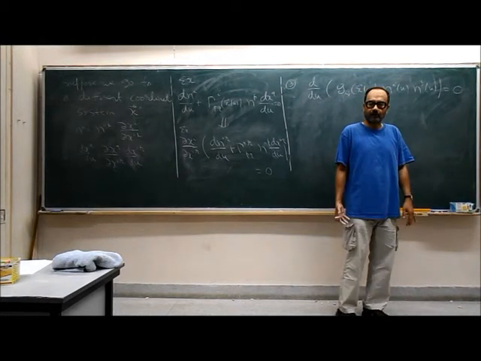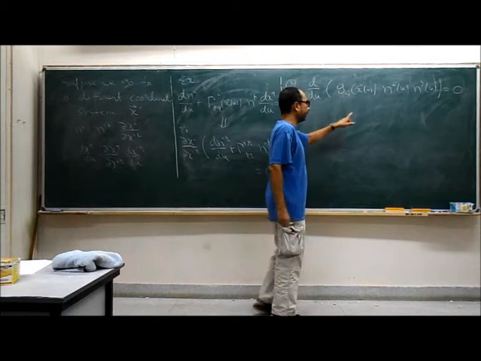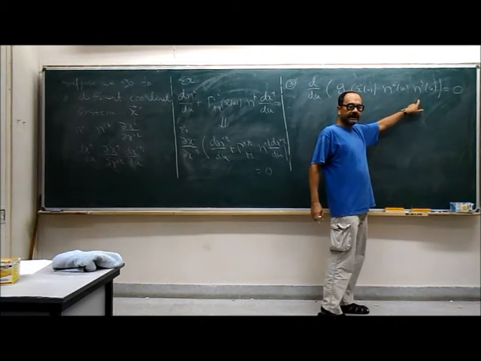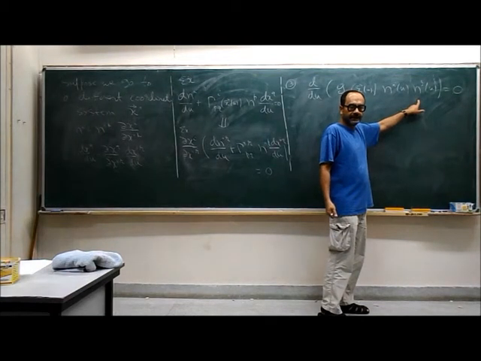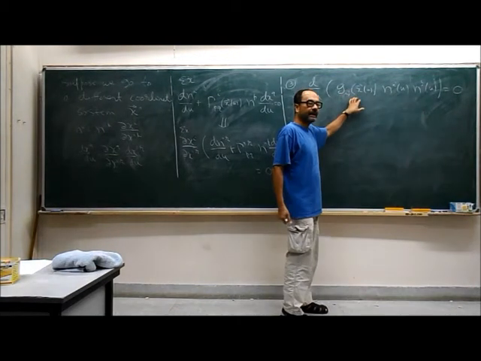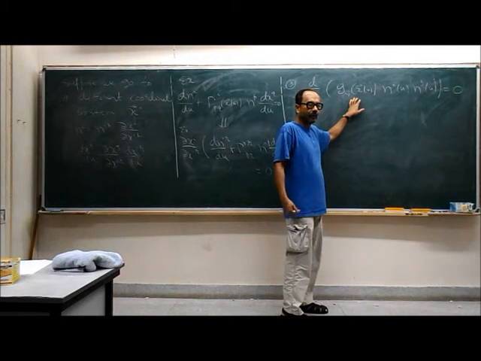In the prime coordinate, what happens is the following. The ni's are fixed, right? Ni's change only by order delta u square, so the first derivative of the ni's doesn't change. And these are also fixed, because the prime coordinate by definition is one where the first derivative of Gij is 0. So the first term can be put to 0.